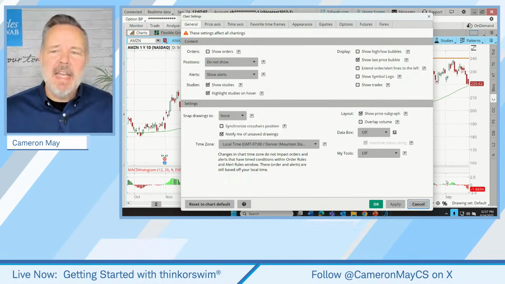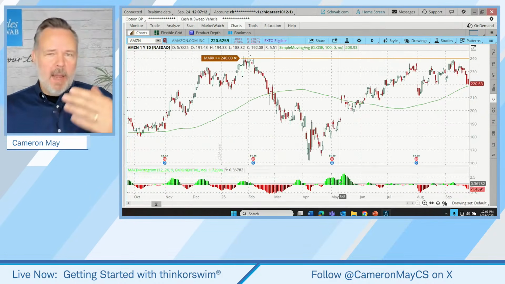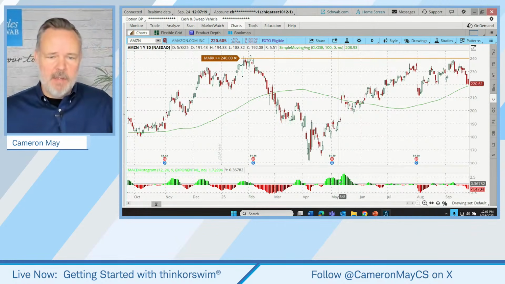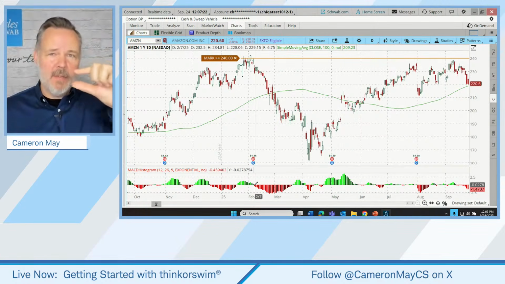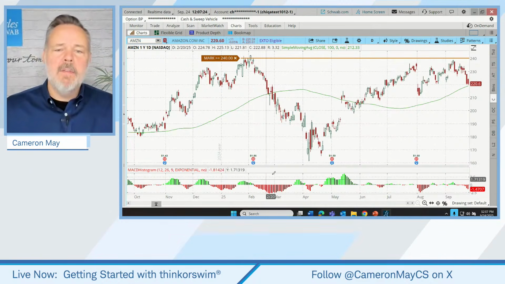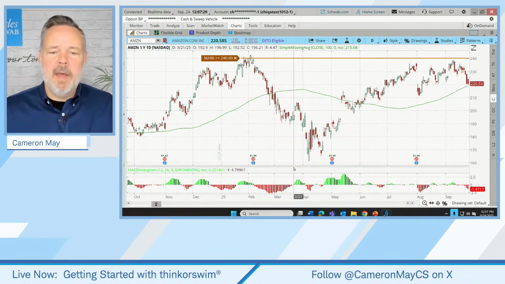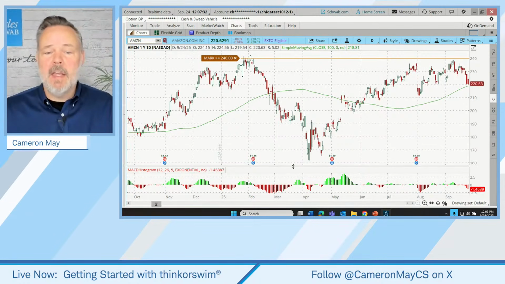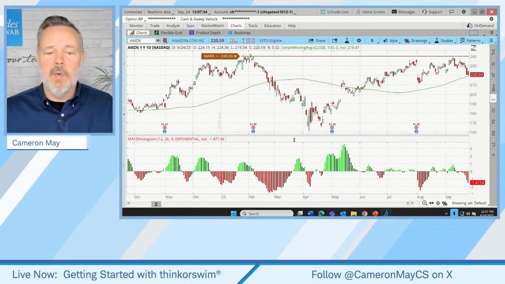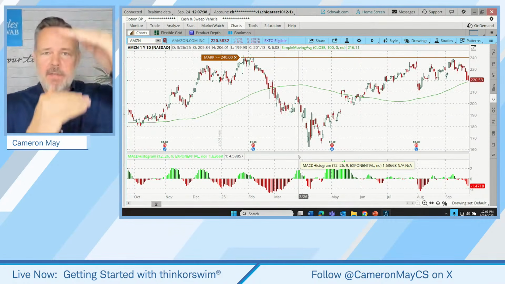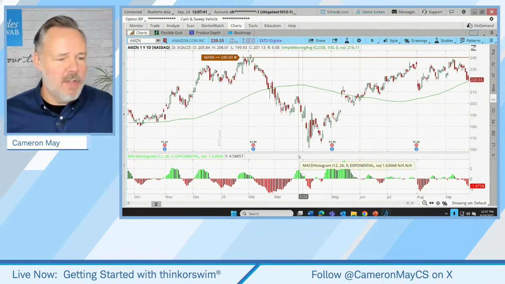Now, what I will say is that, let me close this for just a second, because this is kind of important. When I unchecked that and then checked it again, the histogram actually got compressed to some extent. You'll notice our histogram's kind of squat down there at the bottom, a little bit shallow. The two fields between the price and our study field are separated by a little margin here. If I point at that, I can click and drag that to resize those if we want to. So if it happened to have shifted your preferred size of those two different elements, we can change those right there.